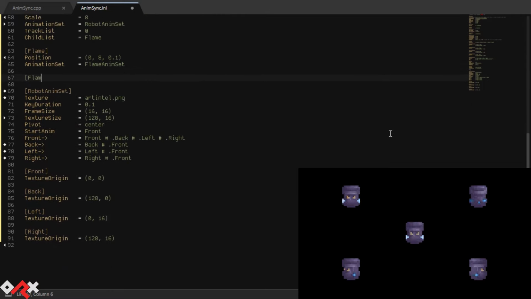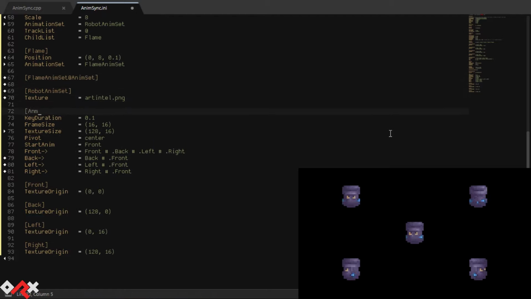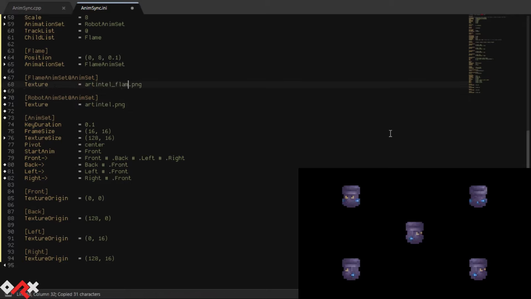Animations for this flame object are organized in the exact same fashion as for the robot. However, they are in a separate texture. We can therefore simply use the same base animation set and only override the texture itself. Let's check our work.